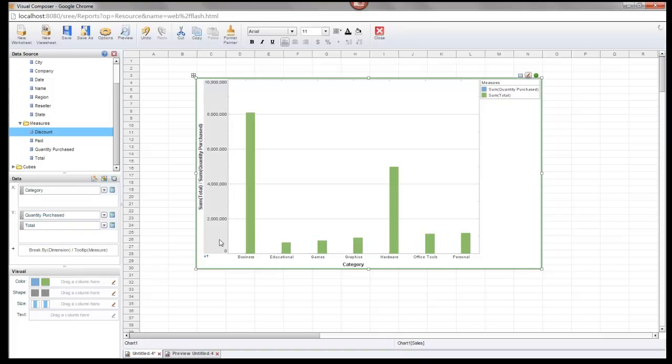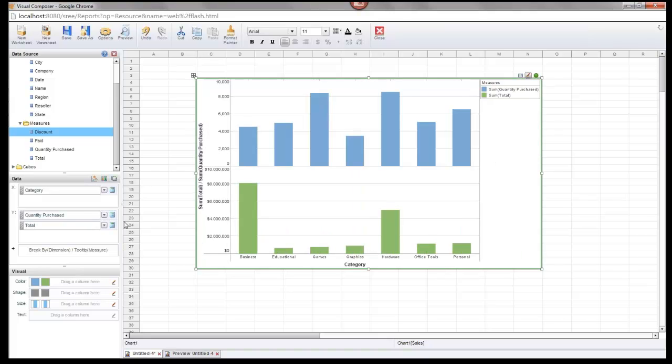And in fact, both of the measures now are plotted on that single axis, but of course the problem here is that the totals, which are dollar amounts, are much larger than the summed quantity purchases, right? You're looking at quantities purchased in the range of hundreds, whereas the totals are in the range of millions, so the quantities don't actually show up. Right, so how do you handle a case like that? Of course, one way to handle it is to just go back to the default view, which has the separate axes, but